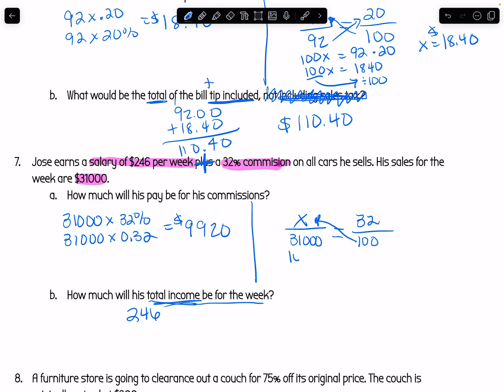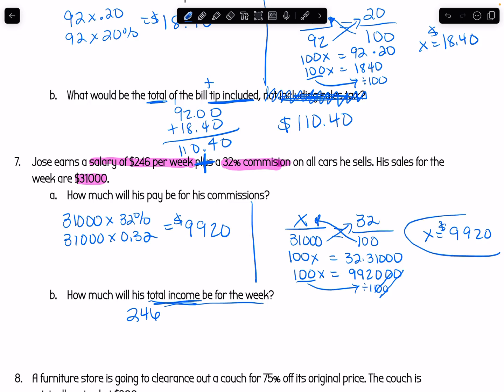So I can do 100 times X on this side, multiply these guys on that side, 32 times $31,000. He gets 100X equals. I'm not even going to try to say this number because there's a lot of zeros. Phew, that was a lot of zeros. Last step, divide by 100. I can eliminate these zeros. You get X equals $9,920. Now, guys, remember that this is our bonus